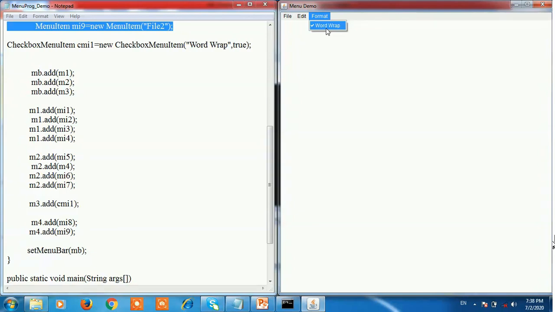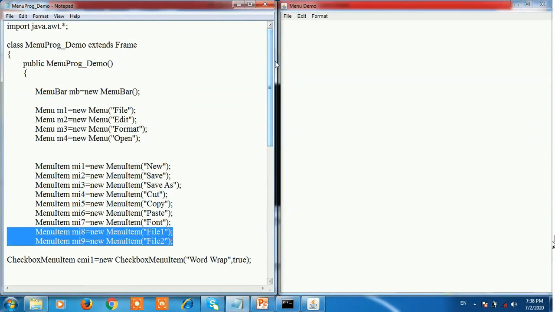Means it is a toggle, that is each time on clicking its state changes. The default state is false, and when you pass the parameter true or false, then it is checked or unchecked. If it is true, then it is checked, and if it is false, then at the time of running the program it is unchecked. So this is a sample program of the menu bar, menu and menu items.